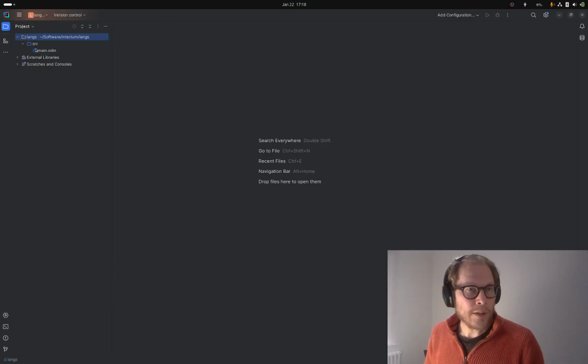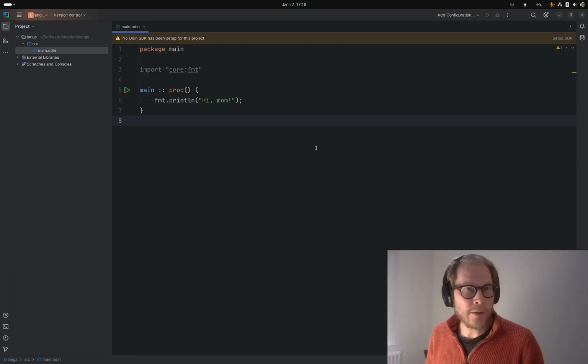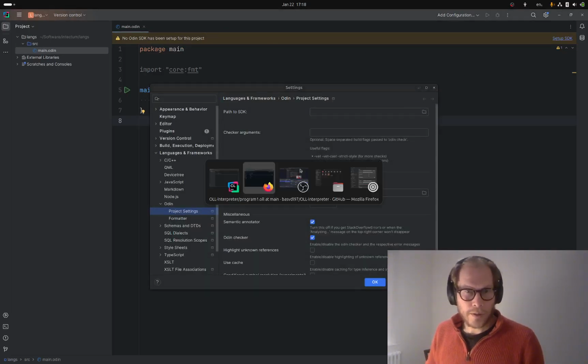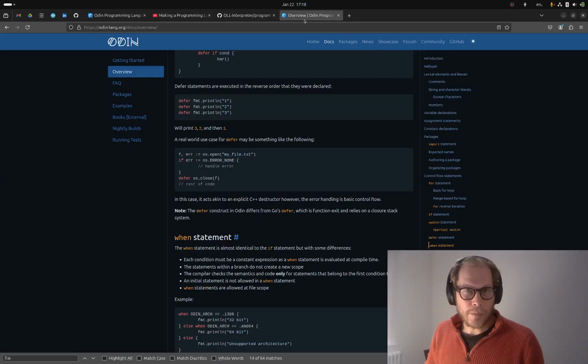Okay, so it's made a source folder and a main.odin. No Odin SDK has been set up for this project. That's what I thought. So we're going to go to the website,